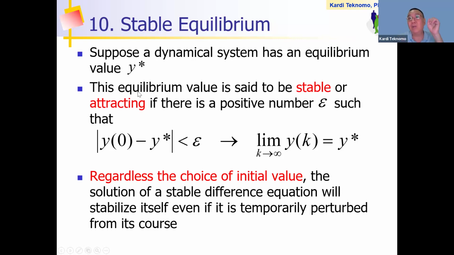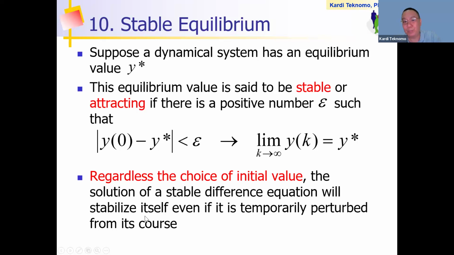That equilibrium value is called stable or attracting if there is a positive number epsilon such that, from the initial value to the equilibrium value, it will always stay within a certain boundary. In the chart from a while ago, if it goes down and becomes smaller and smaller, that means a stable equilibrium. Regardless of the choice of initial value, the solution is called a stable difference equation if